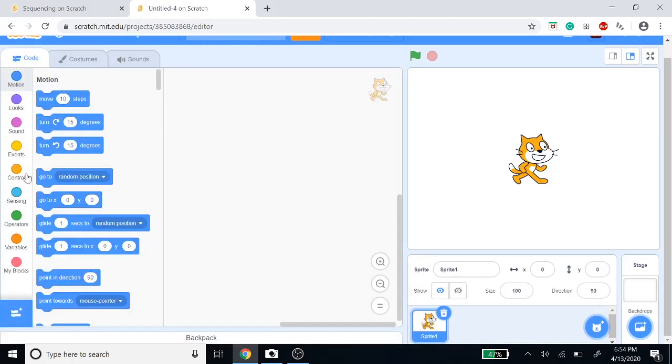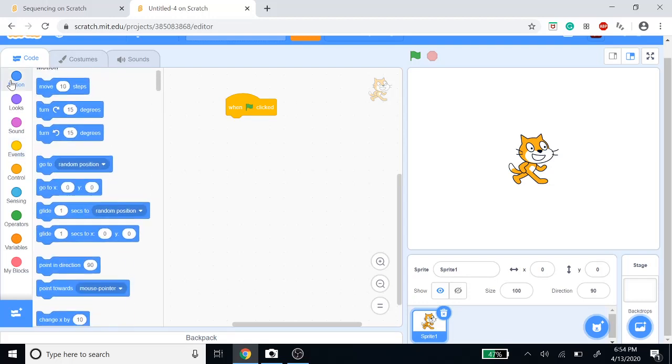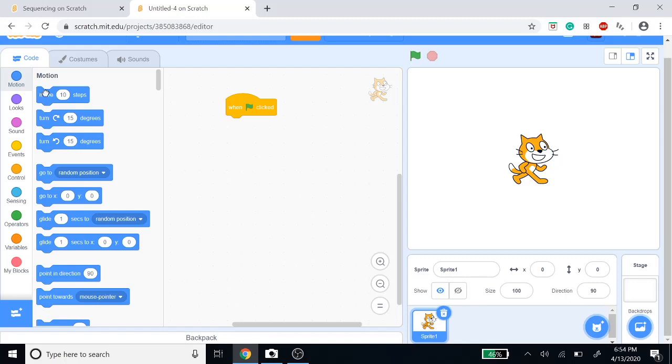So first, what you have to do is go to events, and then you see this block and just drag it over here, and it says when green flag clicked. This block is mandatory in Scratch. You need it no matter what. And then first, let's go with the motion blocks. So let's drag move 10 steps. So now if I click on this green flag, you can see that it says go, it moves the sprite,